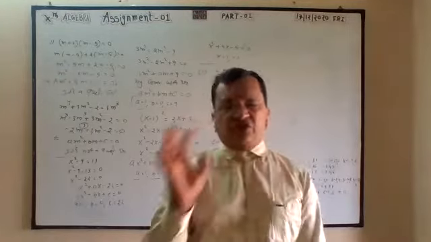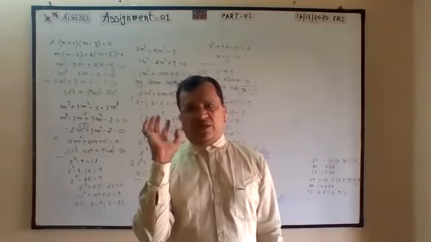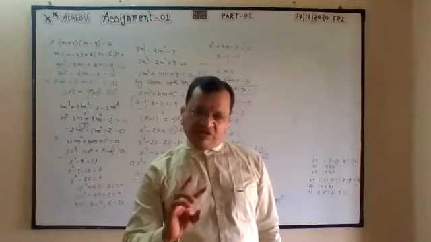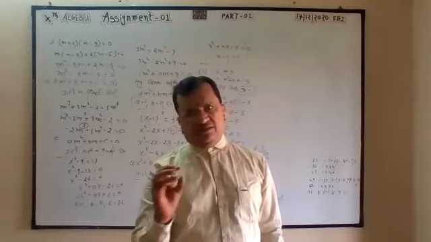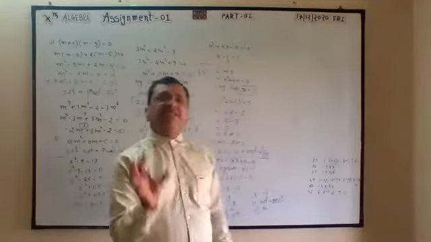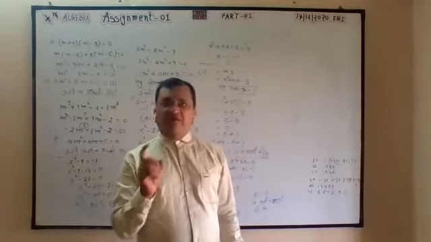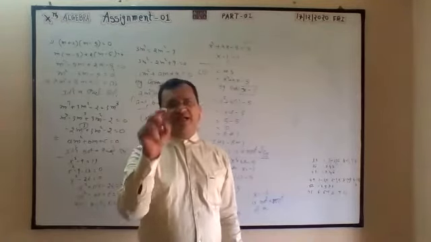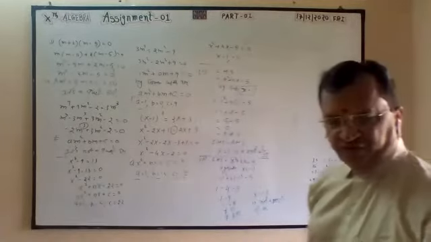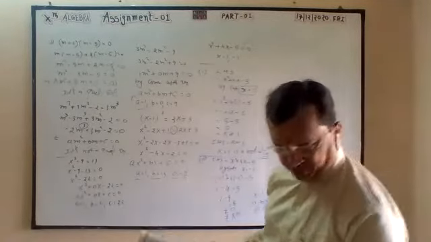So if 2 values, 3 values are given, take only the left side, substitute, then find the answer. Now we will see a different method in a different question. When we are checking whether it is a root or not, at that time only the left side. And when it is given that it is a root, left side and right side, both you have to take at a time. In the next sums, that is in 5th and 6th. 5th and 6th marks are very important.